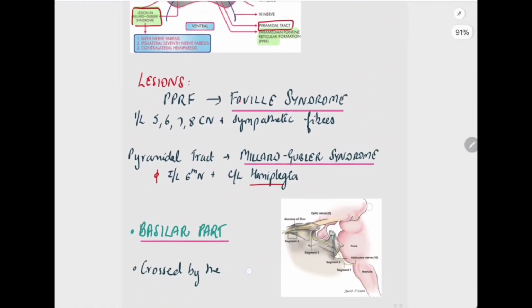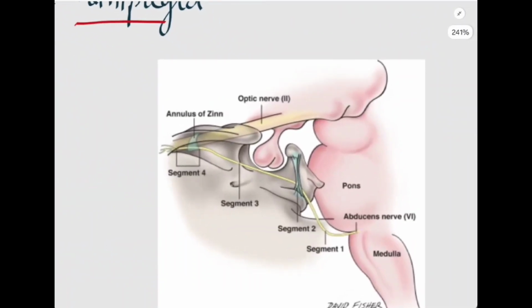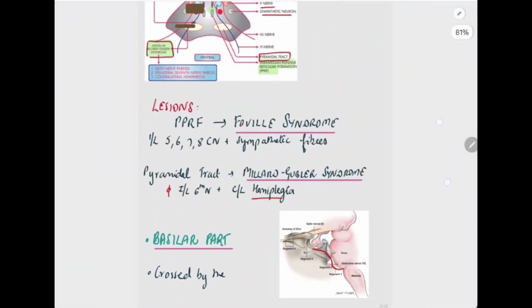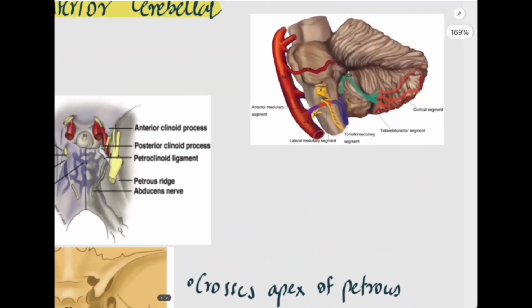Next is the basilar part. It leaves the brain stem at the pontomedullary junction and passes upwards close to the base of the skull, where it is crossed by the anterior inferior cerebellar artery, which is the first branch of the basilar artery. Then